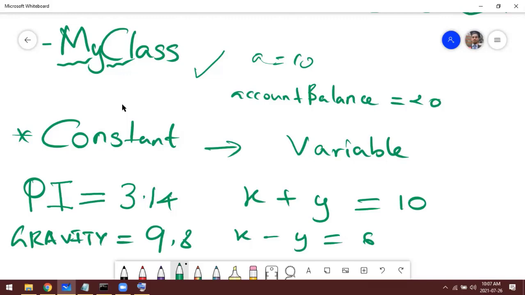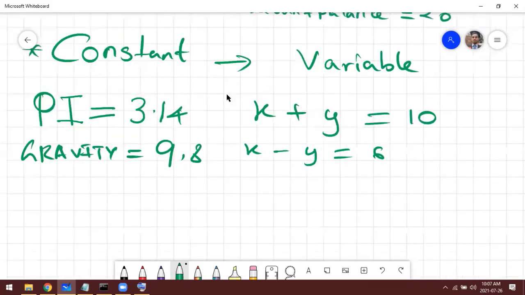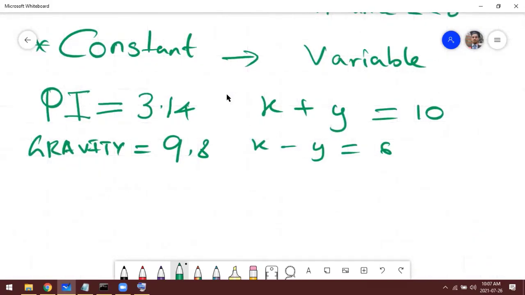Sometimes in programming, we will have to use constants. For example, let's say we are writing a mathematics-related application and we have to use pi. Pi is 3.14, right? It is always 3.14. We can't assign any other value. So in that case, we take it as a constant.